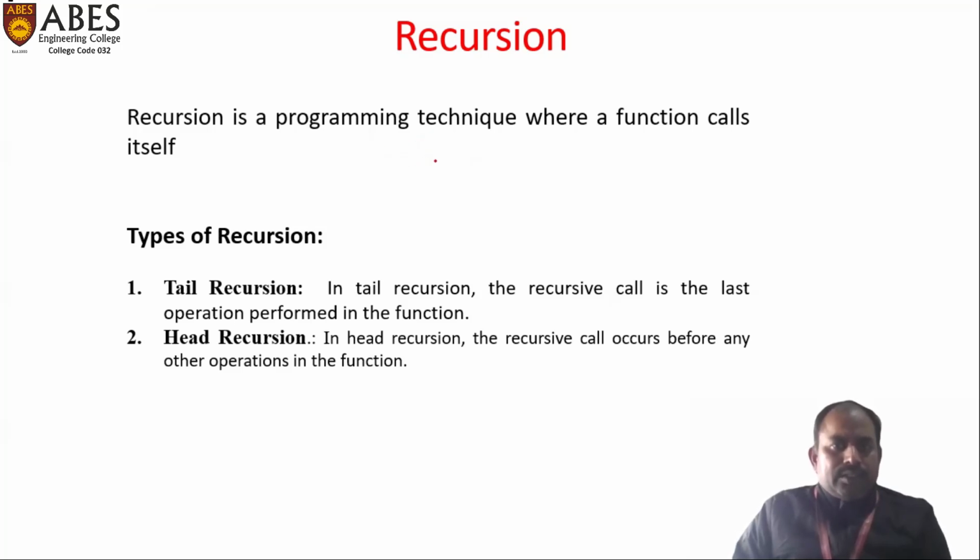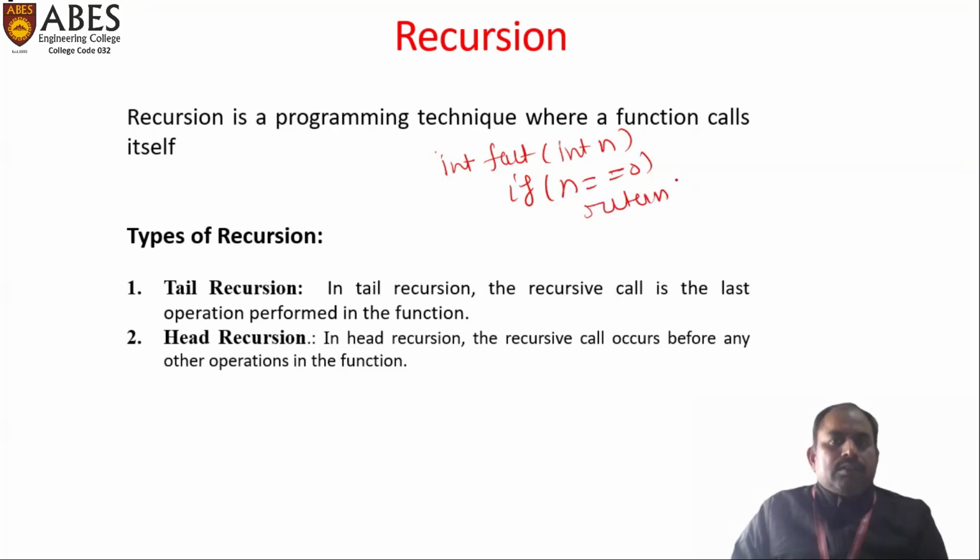Here, let's write int fact(int n). If n is equal to 0, return 1. Else, return